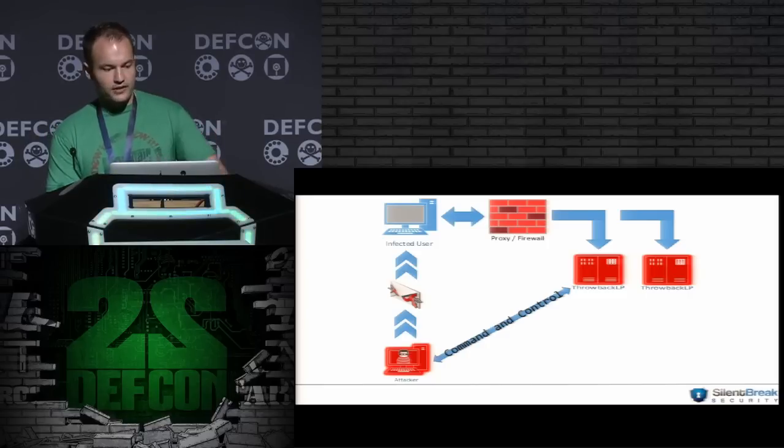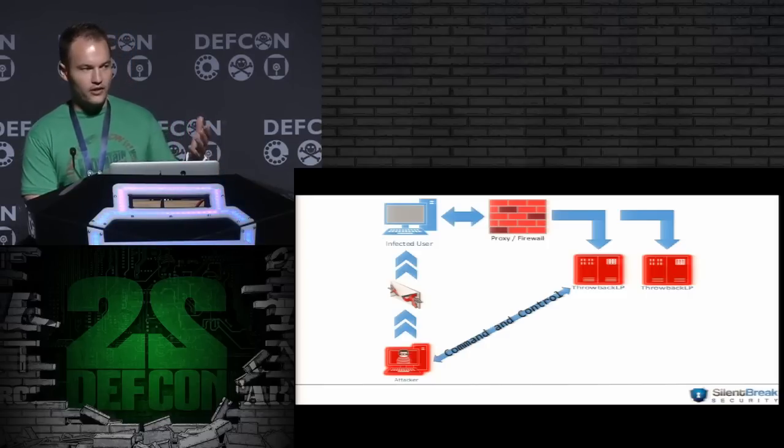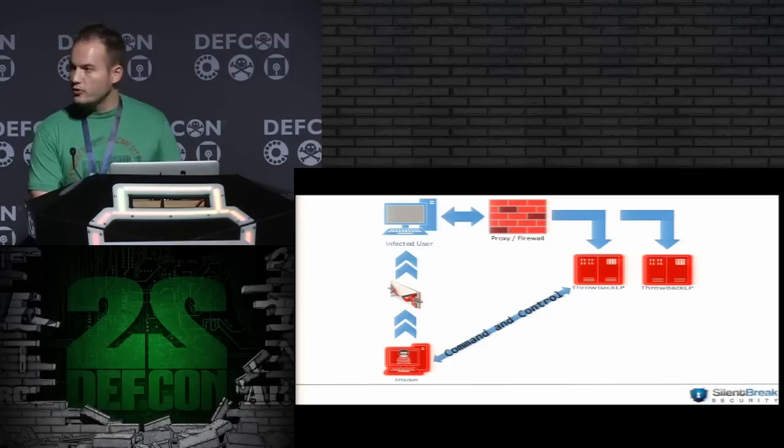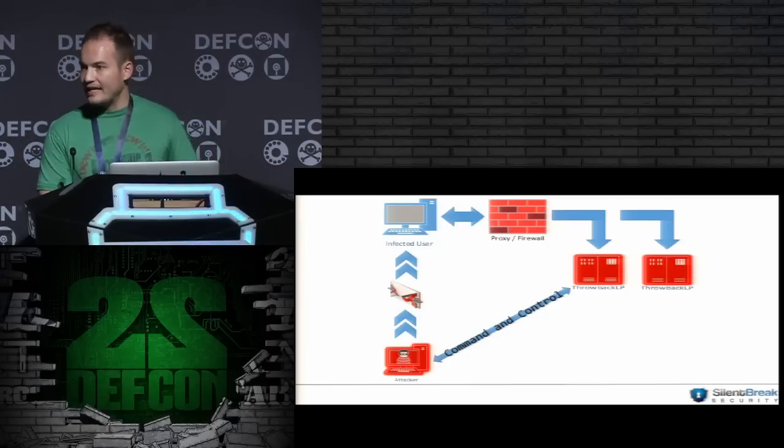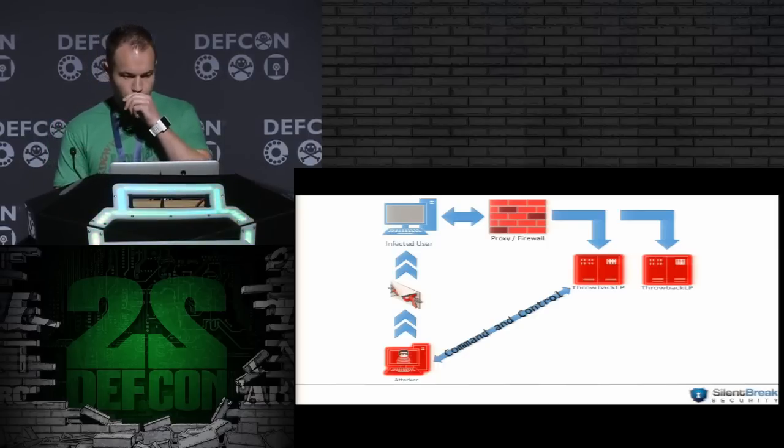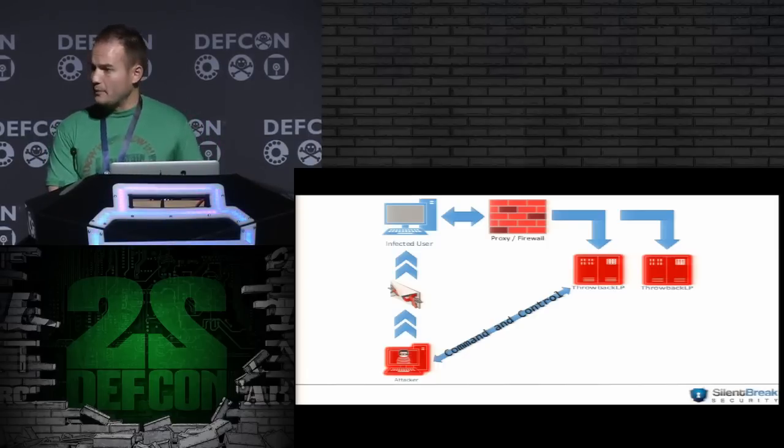An attacker sends a spear phishing email, or, use your imagination, however they gain access, and infects an end user's workstation with the Throwback executable or the Throwback DLL, and gets code execution on their box. Throwback then starts beaconing out of their proxy or firewall out to the Throwback LP, which again is a PHP interface, and it has a control panel that we can then send command and control commands to the Throwback backdoor.